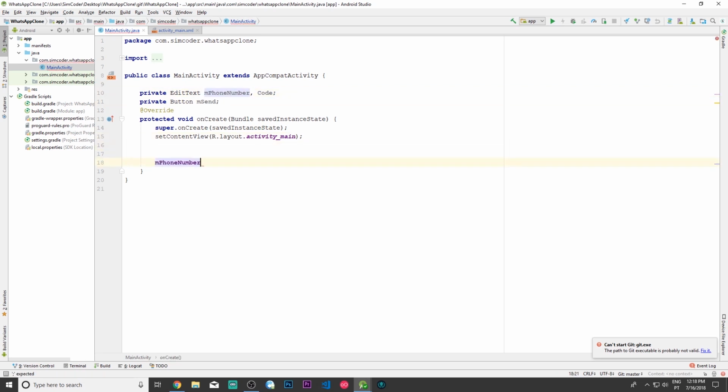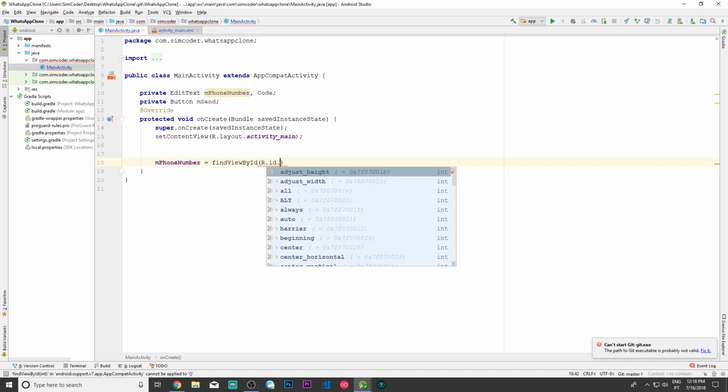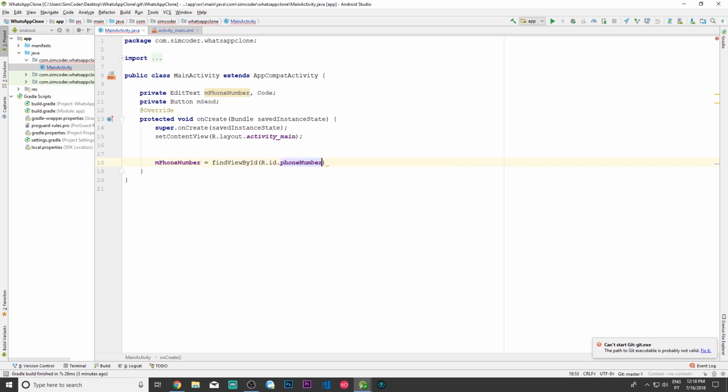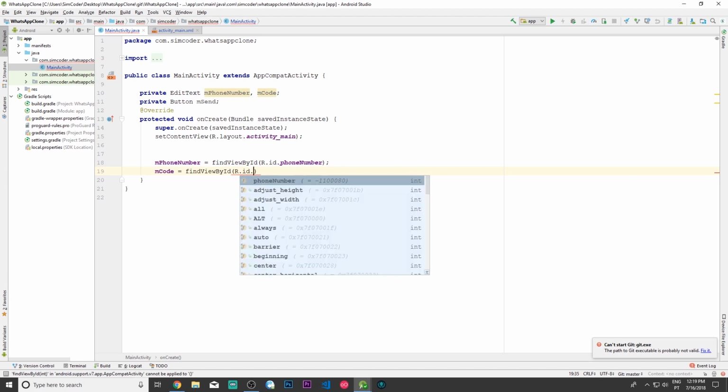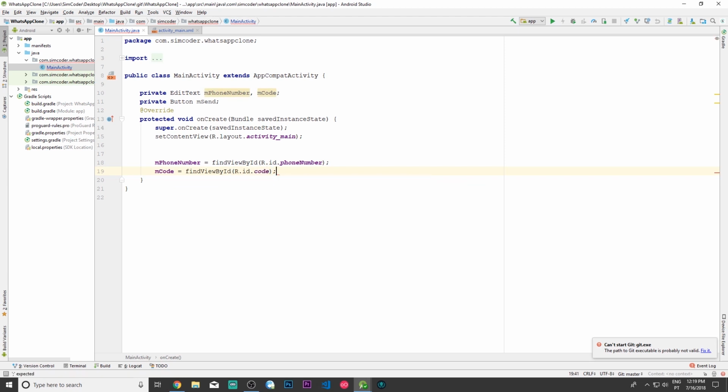So phone number equals find view by ID R.id.phone number, and in here it is supposed to be mCode. Okay, mCode equals find view by ID R.id.code, and the same thing for the send button, find view by ID R.id.send. Okay, so that's it. Now we can actually start to work with